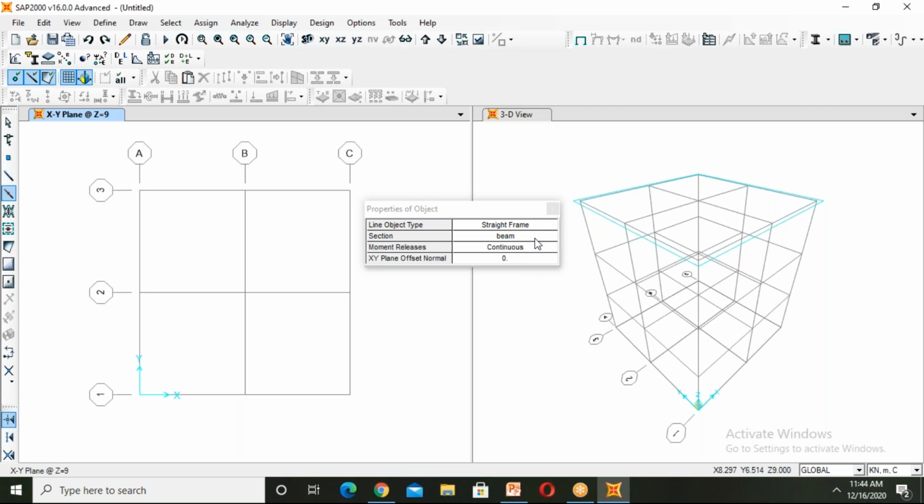If you are drawing beams, then here the section should be beam. So take the plan. See, it should be in XY.